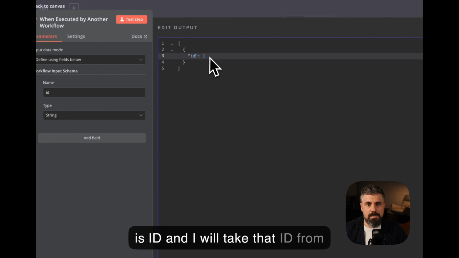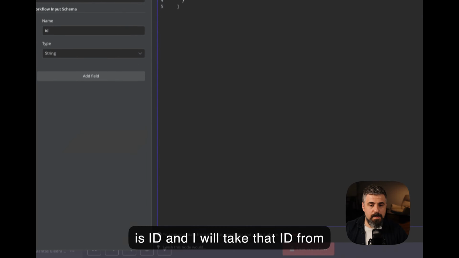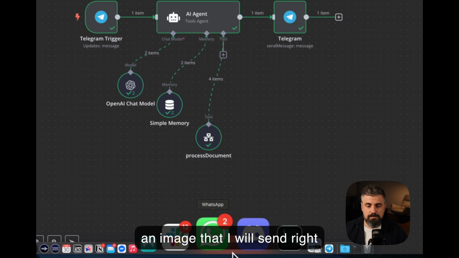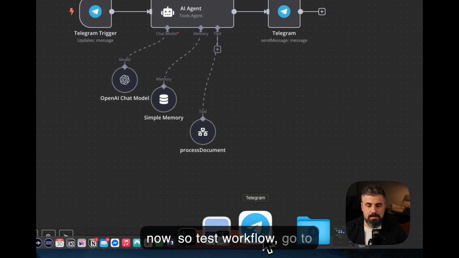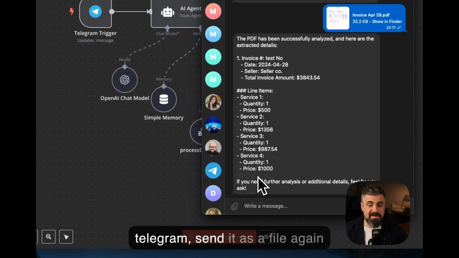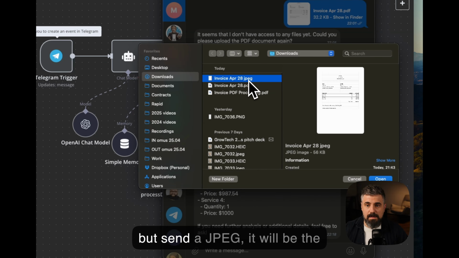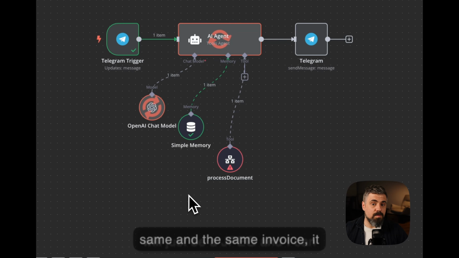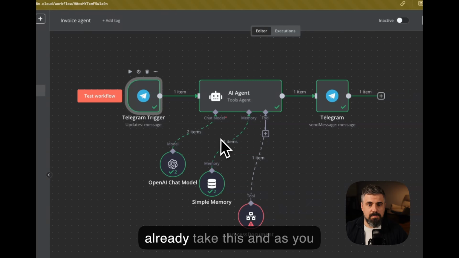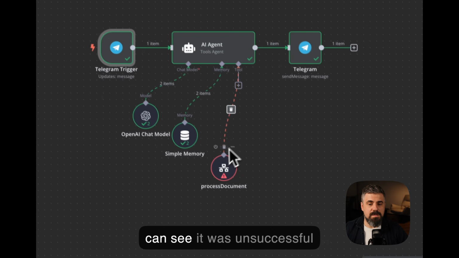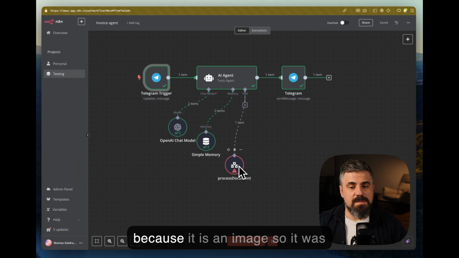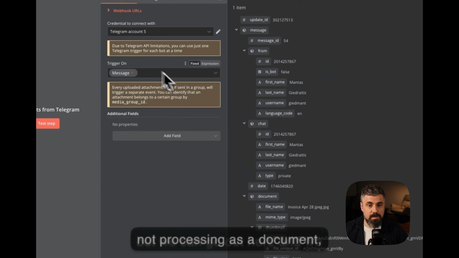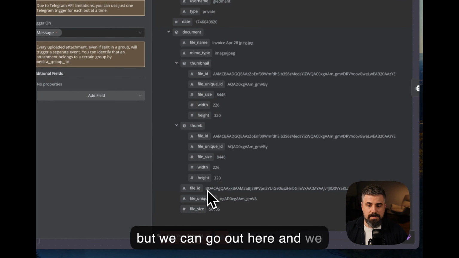This is the ID, and I will take that ID from an image that I will send right now. So, test workflow, go to Telegram, send it as a file again, but send a JPEG. It will be the same invoice, it will just be a JPEG. And I can already take this. As you can see, it was unsuccessful because it is an image, so it was not processing as a document. But we can go out here and go to the file ID, grab this,